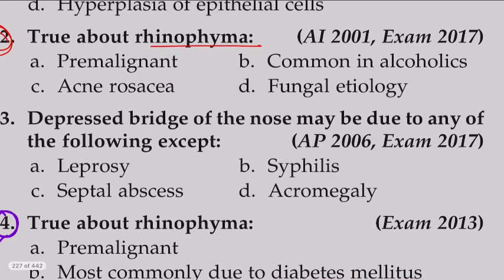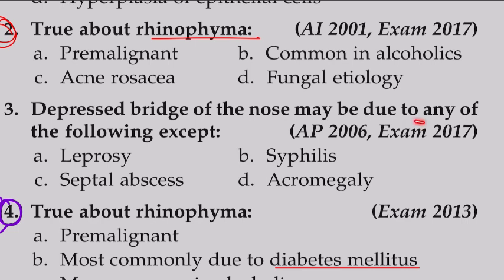Depressed bridge of the nose may be due to any of the following except: it can be because of any of these reasons except acromegaly, because leprosy, syphilis, septal abscess, all these cause